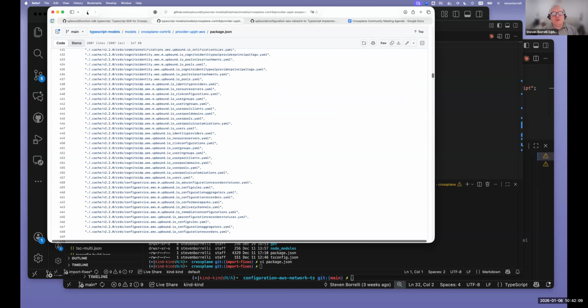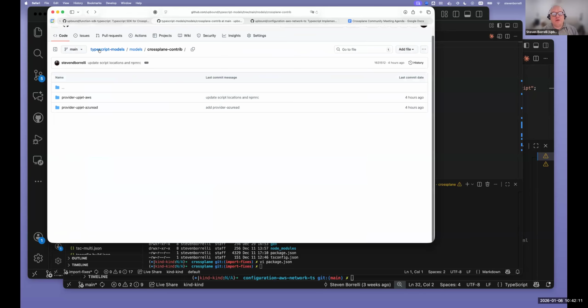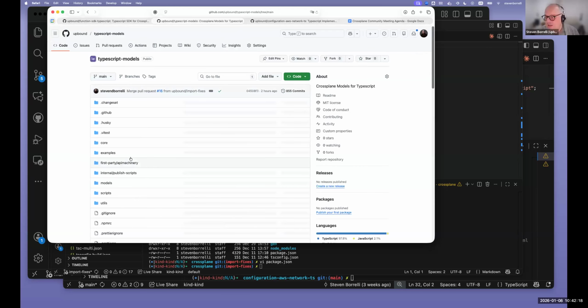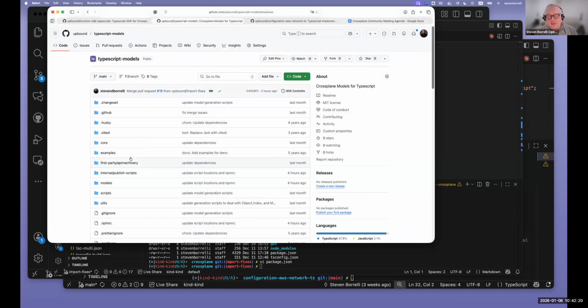Yeah, so this repo is a monorepo right now. I may break it up as it goes, but this is a way to generate CRD models for basically any provider. And it's fairly easy to add a new provider. So once I get the machinery completely up and running, I think we'll be able to add almost all the main providers very quickly.